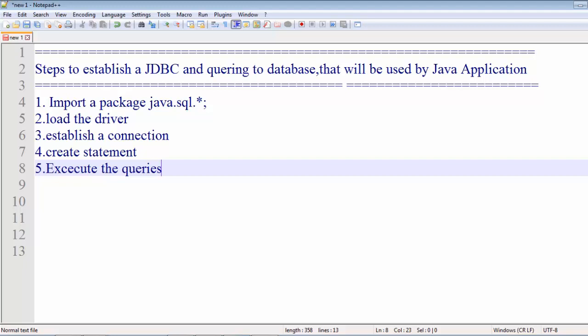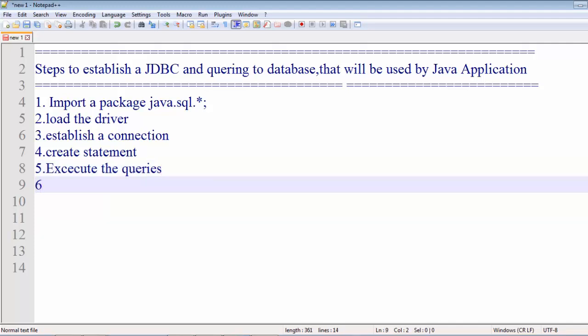Statement is also an interface here, so we have to create a reference that carries the object of some class to which this interface belongs. The query is executed on this statement object, and the database will process it and produce certain results.